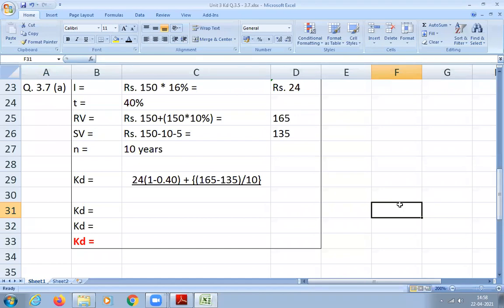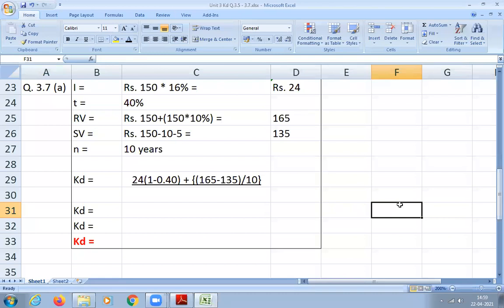If he is not asking you to calculate pre-tax, and when he has given the tax rate, directly calculate only post-tax and then you can finish. Clear? Yes, sir. If it is not clearly mentioned, don't calculate both. If the tax is given, just calculate post-tax. If tax is not given, just calculate pre-tax. Okay, did you understand? Yes, sir.